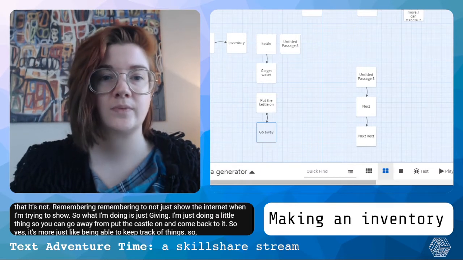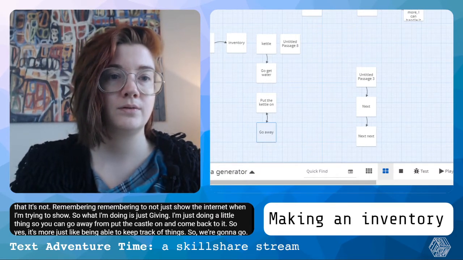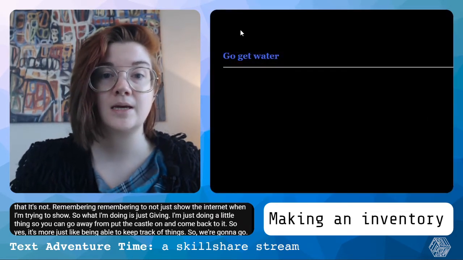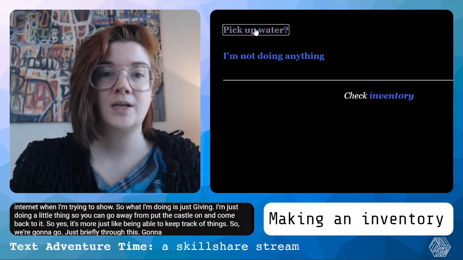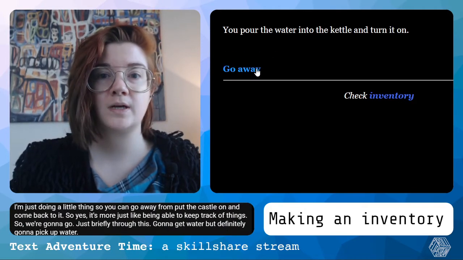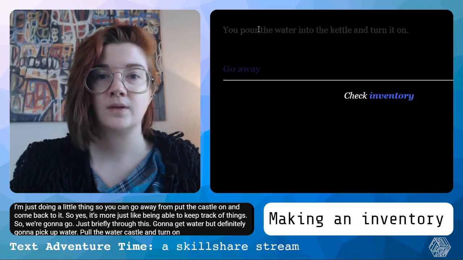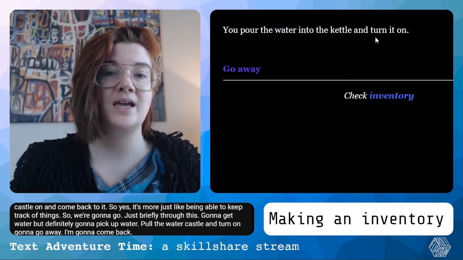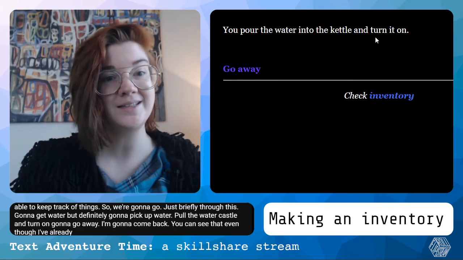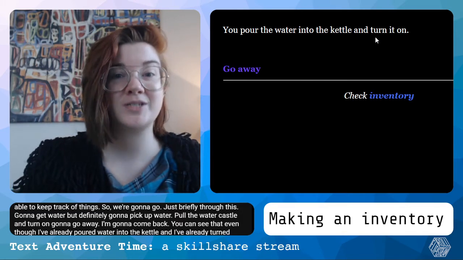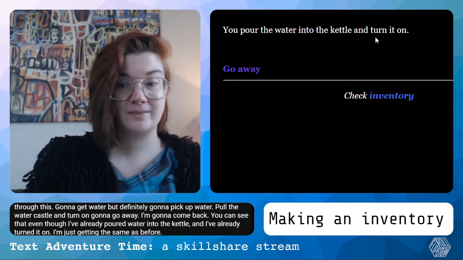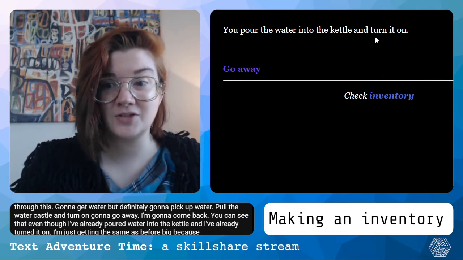So we're going to go just briefly through this. Going to get water. We're definitely going to pick up water, pour the water into the kettle and turn it on. Going to go away. Going to come back. You can see that even though I've already poured water into the kettle and turned it on, I'm getting the same as before